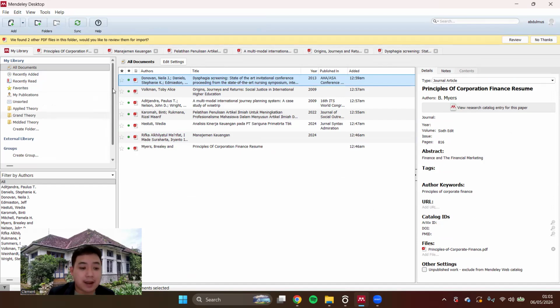Now, let's check the column on the right. Please make sure that the selected type is thesis. There is one additional field that we must pay attention to here, which is the university field. Ensure that the original university name is written in full.